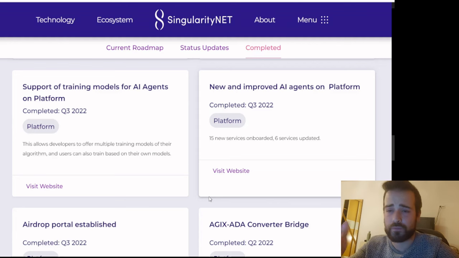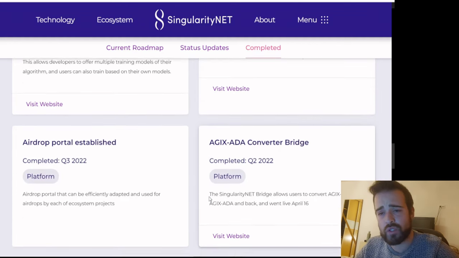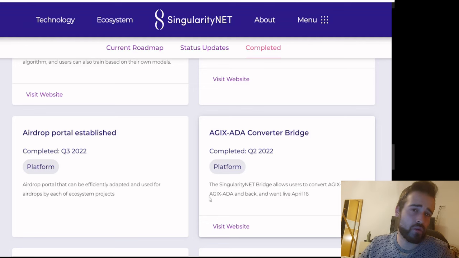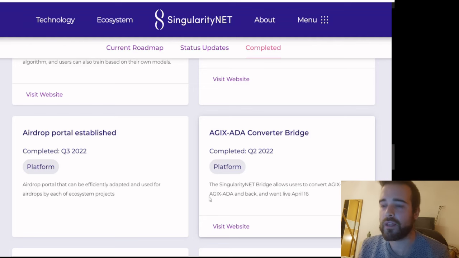But besides that, also an airdrop portal that was created. This airdrop portal acts for airdrops for Singularity Net, but also for the projects of the ecosystem. As you know, one of the benefits of being a holder, if you've seen the previous video, is that you get 5% token airdrops from all the projects. And in this case, you will get 5%. You can get these airdrops through this new platform that is available for the ecosystem, and also the Agix ADA